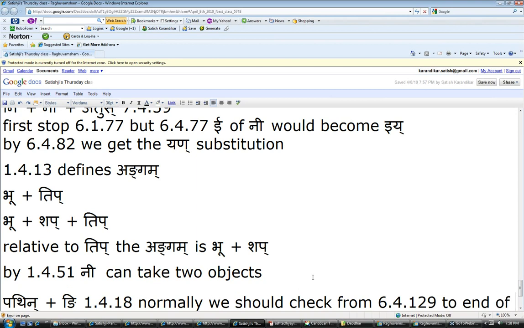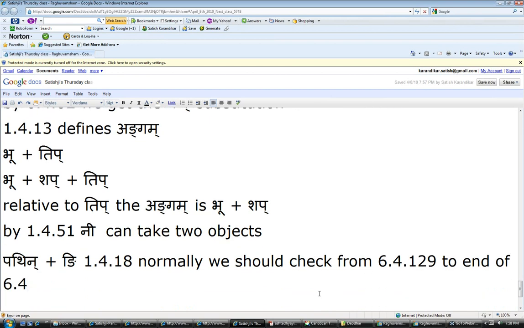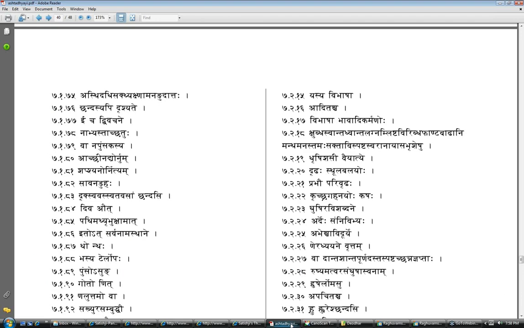But as it turns out, this rule is not in that section. Why is it not in the section? The anuvritti is available to Panini. So he doesn't want to repeat these 3 terms again in the bhasya adhikara. For pathin, mathin, ruvukshan, there he doesn't want to again repeat these terms in the bhasya adhikara. So anuvritti is used judiciously, and we get the bhasya ted lopa. So this is outside of that bhasya adhikara.